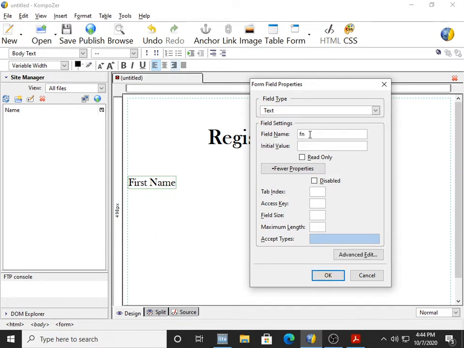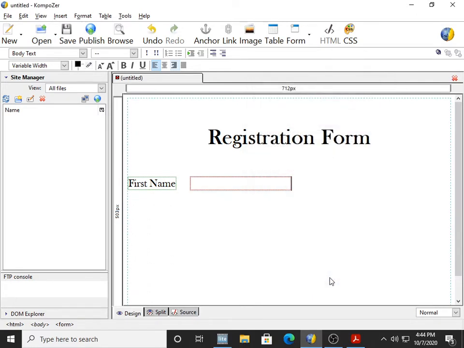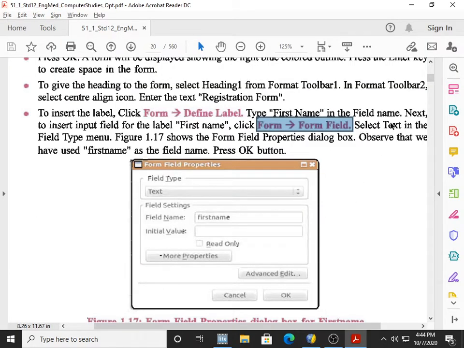You can write any name. I write FN and I click on the OK button. I hope you can see the box is available. Select Text in the Field Type menu, which I already did, and figure 1.7 shows the Form Field Properties dialog box, and then according to that we press OK. They mention first name, I mention FN; the name can be anything.